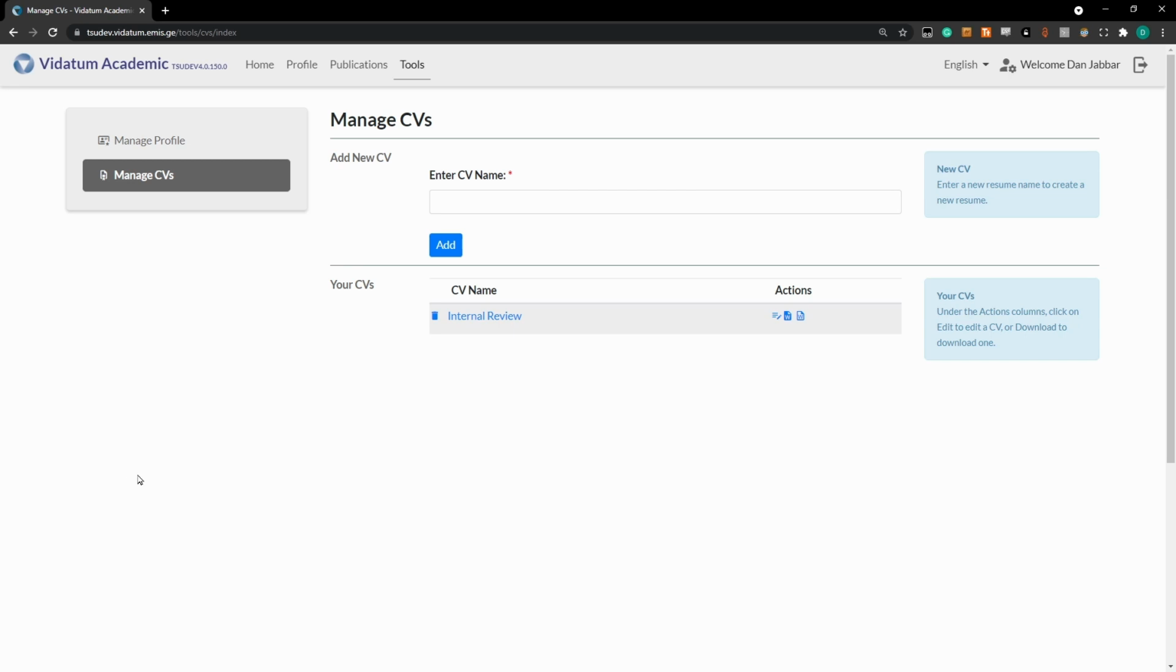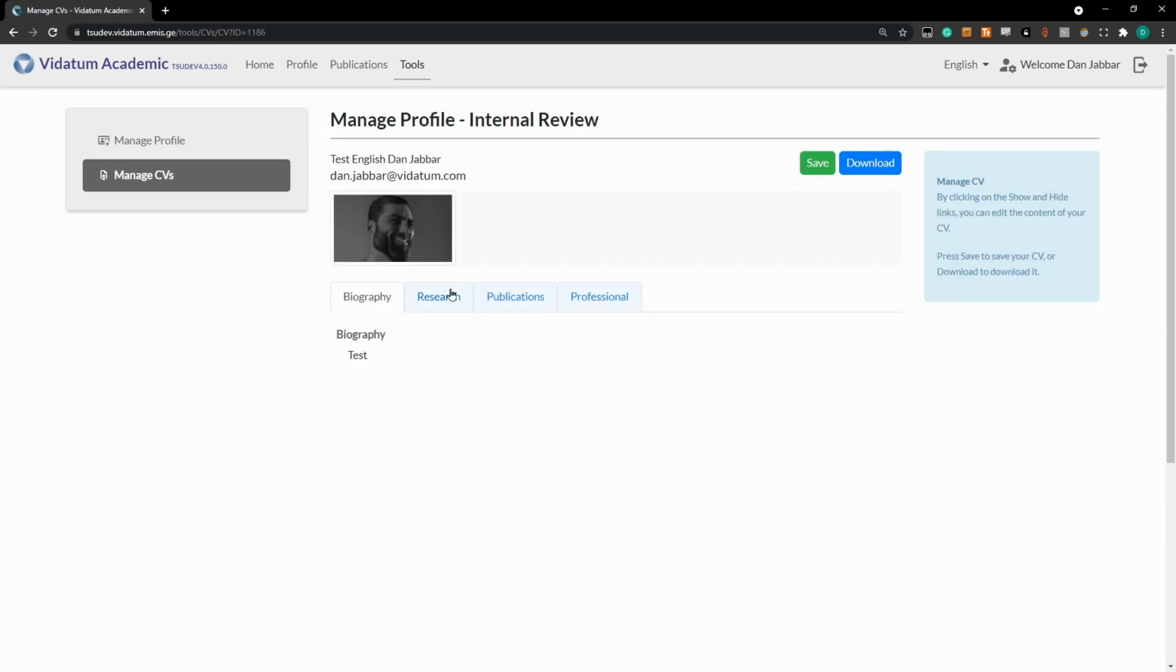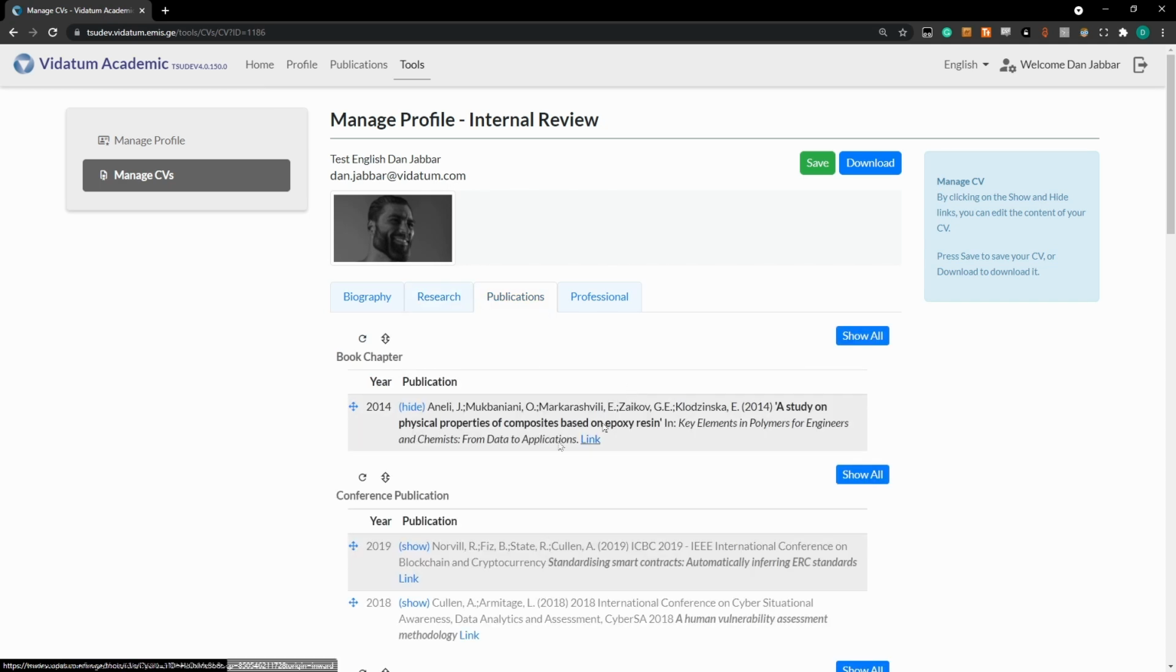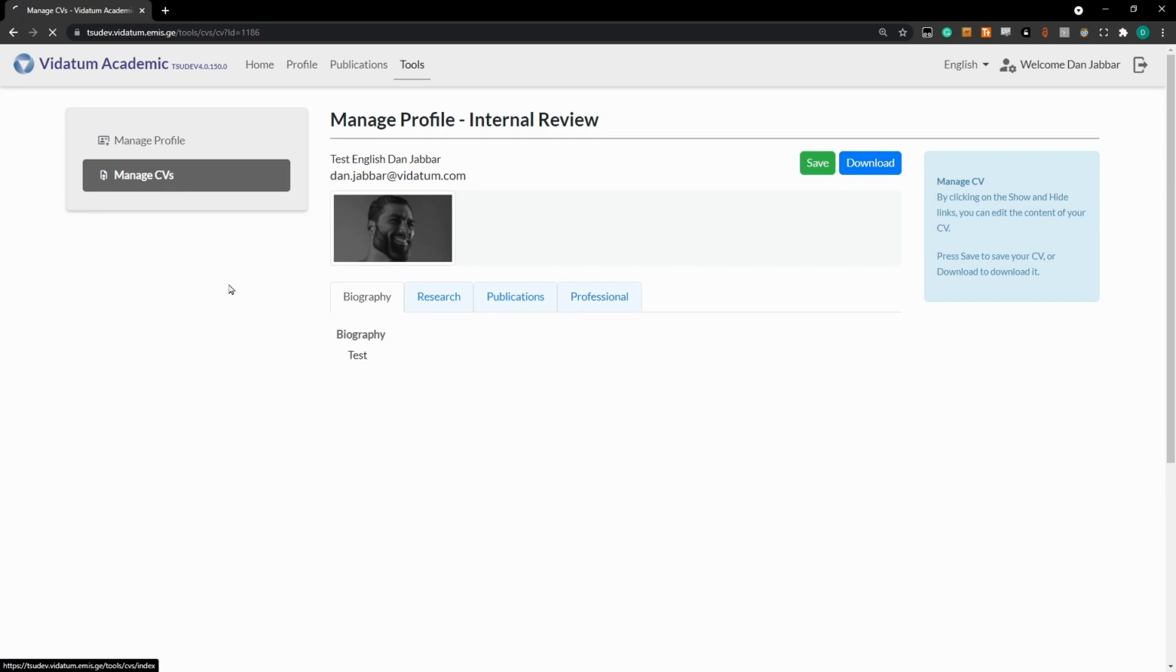CVs are a customized version of your profile that is separate from your public one. This will allow you to customize or make changes without having to make changes to your public profile. The concept is the exact same. Managing your profile before, toggling your details that you want shown or hidden, and then you would save. Difference is that you would download this so that you can present it